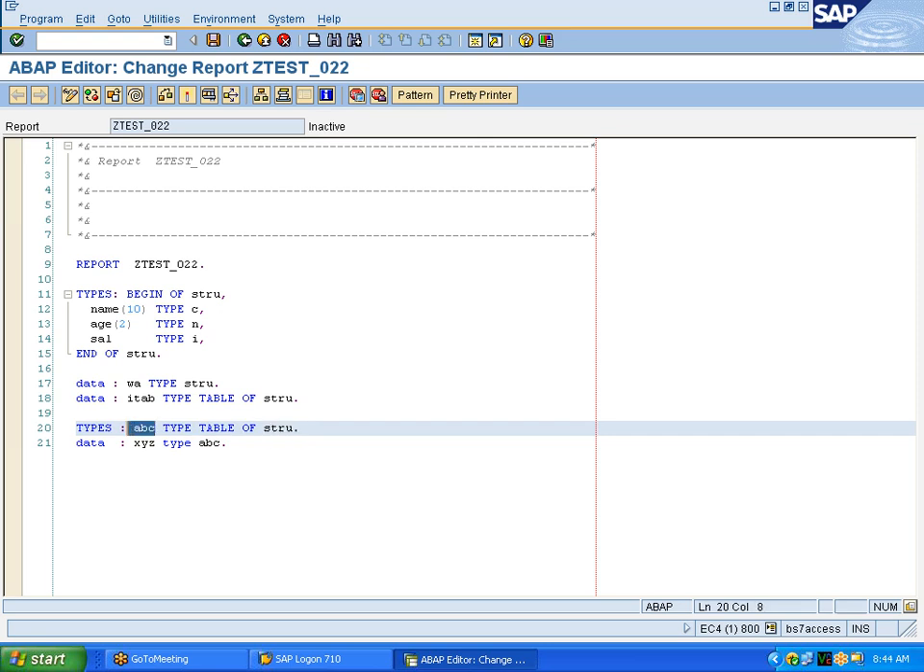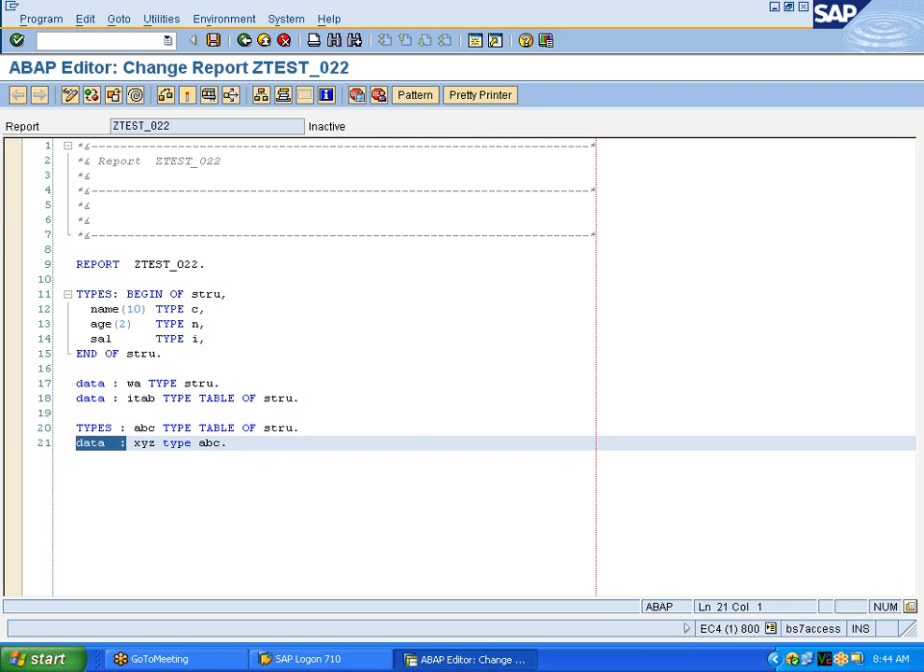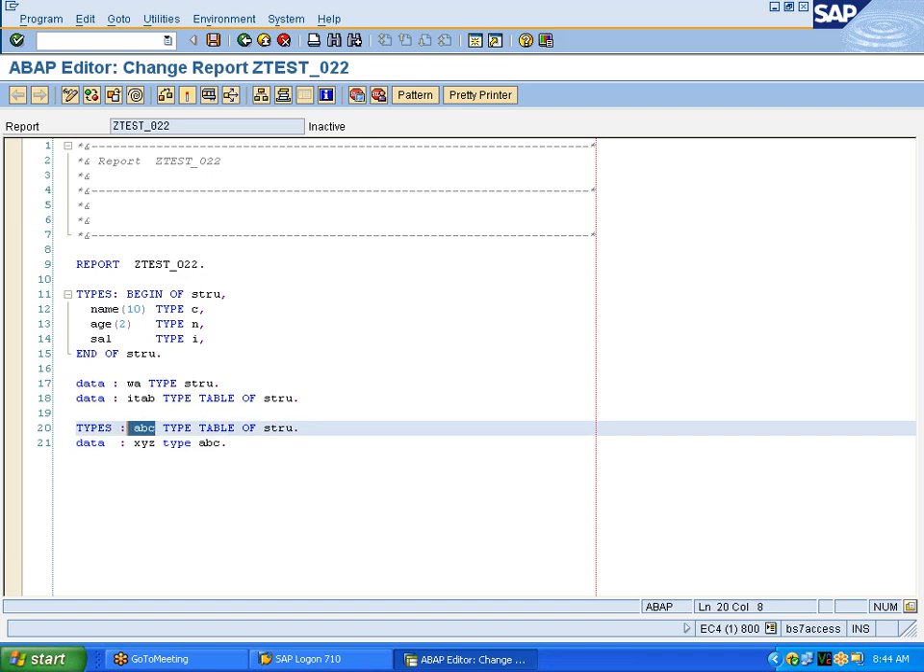This is called a table type. This is not an internal table. This is called a table type. And then if I say something like data XYZ type ABC, with the reference of the table type, you can create an internal table. XYZ intern is an internal table, correct? Okay, fine. So now, if you want to create a table type, that means if you want to create ABC,